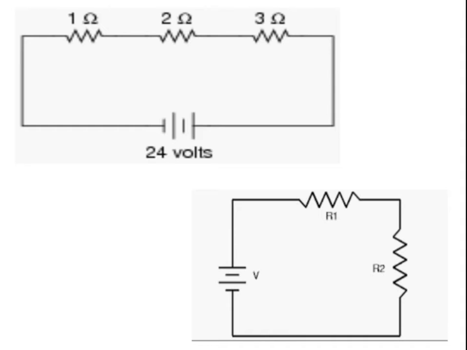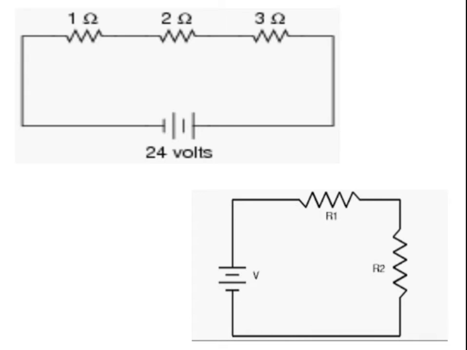Let's say 1 ohm is our fan, then the other is our refrigerator, then the other is our TV. If we connect our TV, fridge and fan in a series circuit, then they all will draw the same amount of current, right? And when we connect these three appliances, the fridge, TV and fan, they all will have different amounts of potential difference.